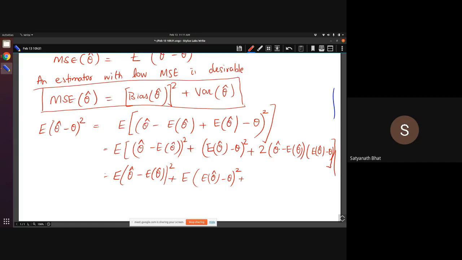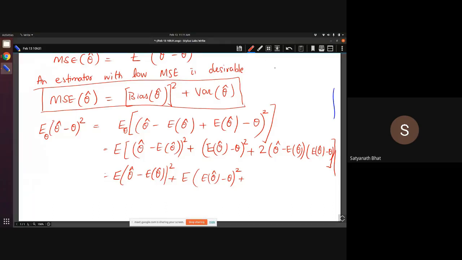at this properly, so this is a constant, the expected value of theta hat is a constant. Theta is also a constant. Okay, it's a number, even though that is the parameter that we are taking the expectation over. It's a number when you write it like this. This is going to be a number. See, what do I mean by that?